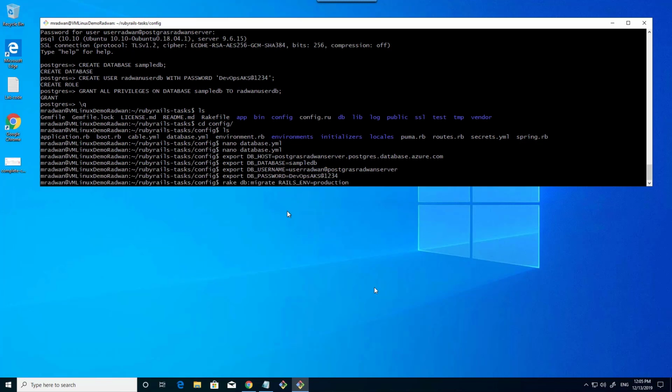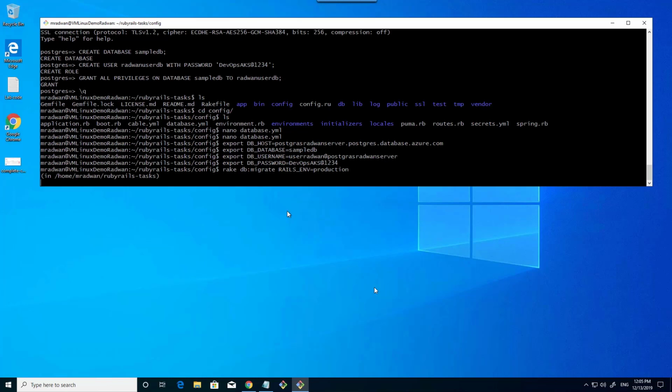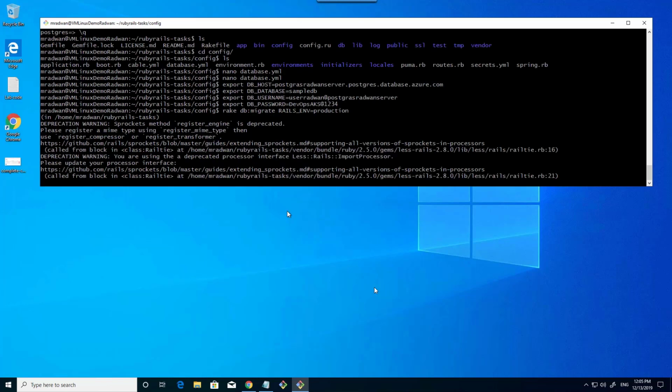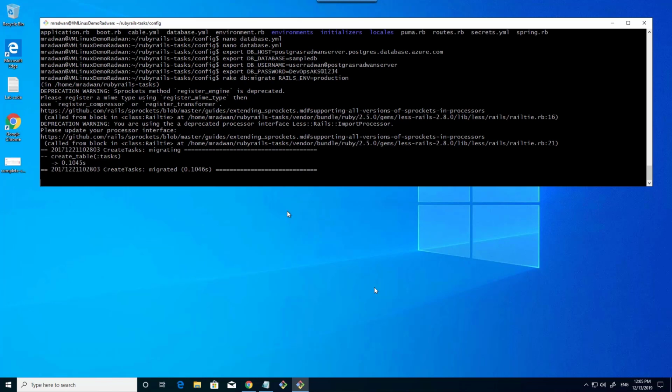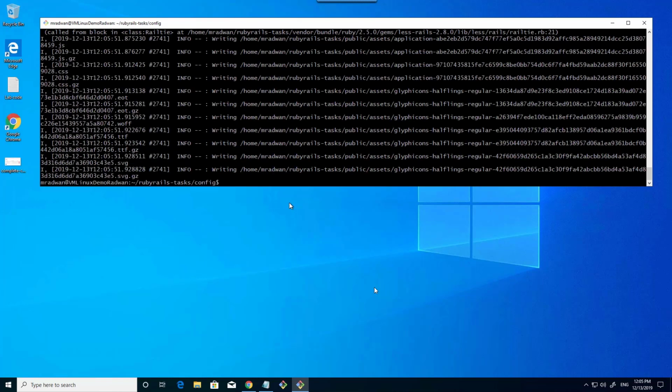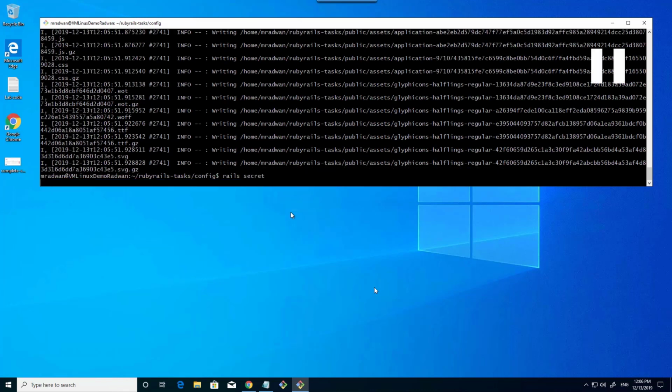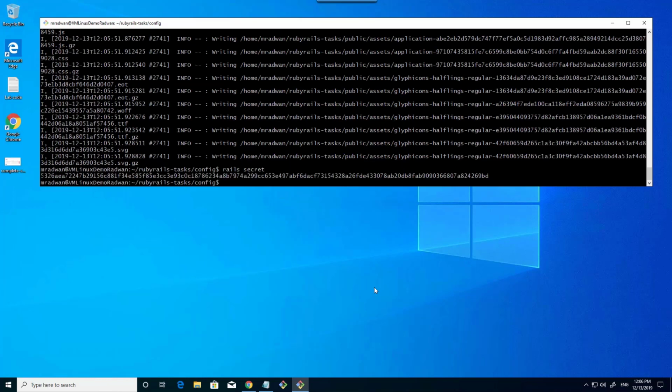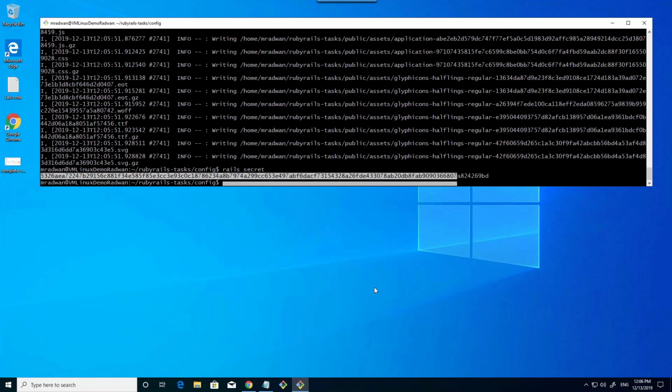Now I will run the Rails migration in production. This will migrate and create all the tables on the Postgres on Azure. And then precompile the assets required for production. And then I will create the secret to manage the security. This will generate the secret. And then I will use this secret